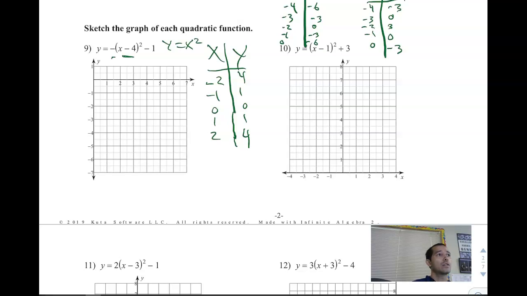So the -4 moves everything to the right 4, so I'm going to add 4 to all the x's. If I add 4 to all the x's, I'm going to get 2, 3, 4, 5,